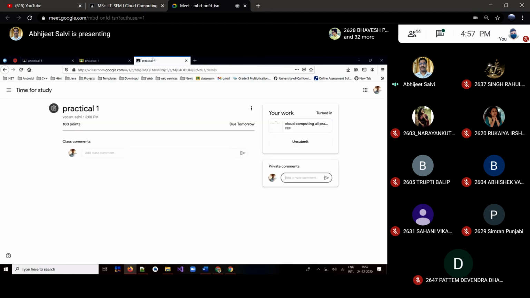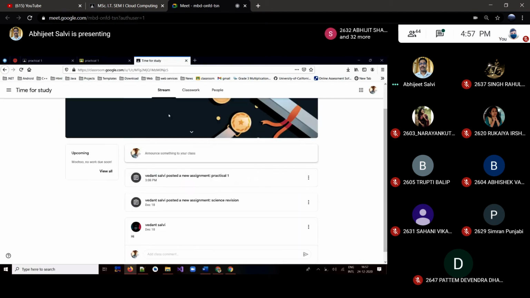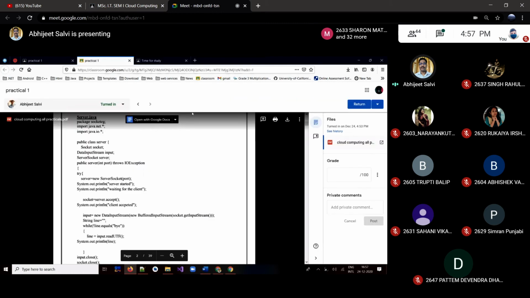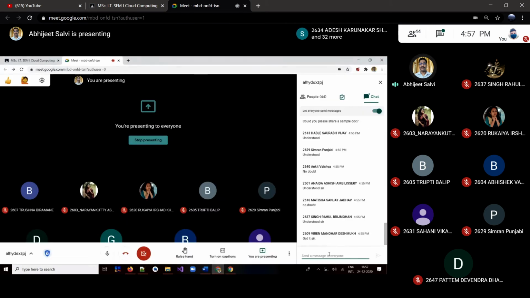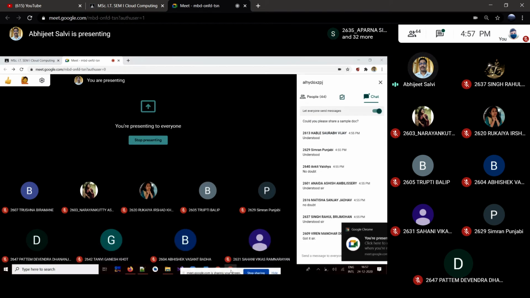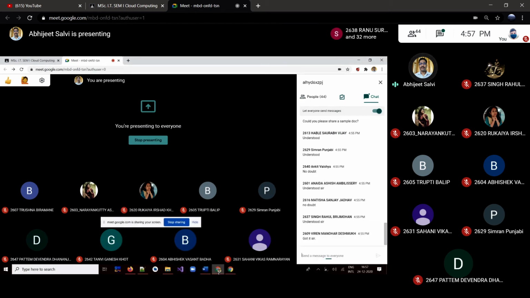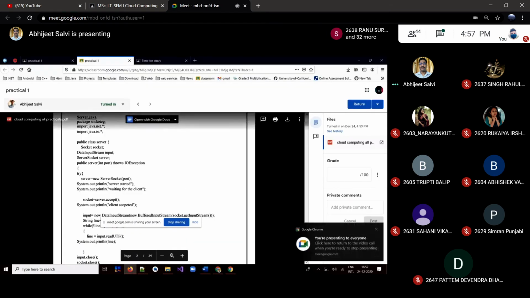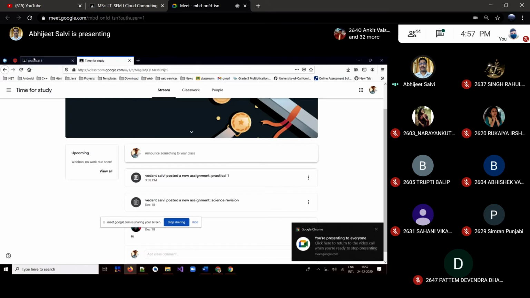So once again, we'll see from the student's point of view. We are doing that thing once again. I think some of you are already getting that, and many of you have done that, but let me revise once again. Now let's see once again the student's interface. Let me close this. So this is the student's interface.